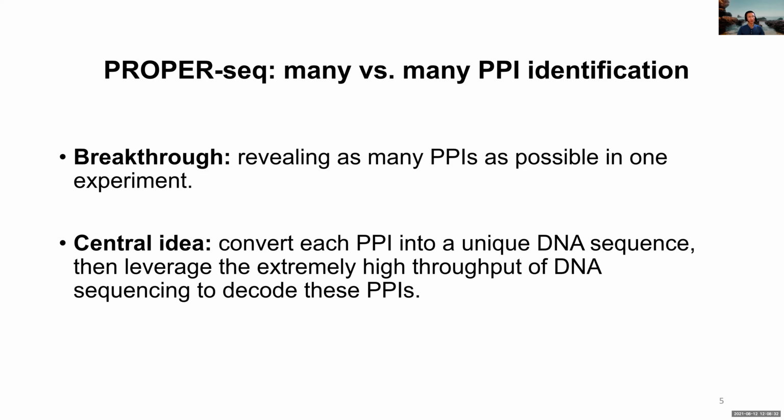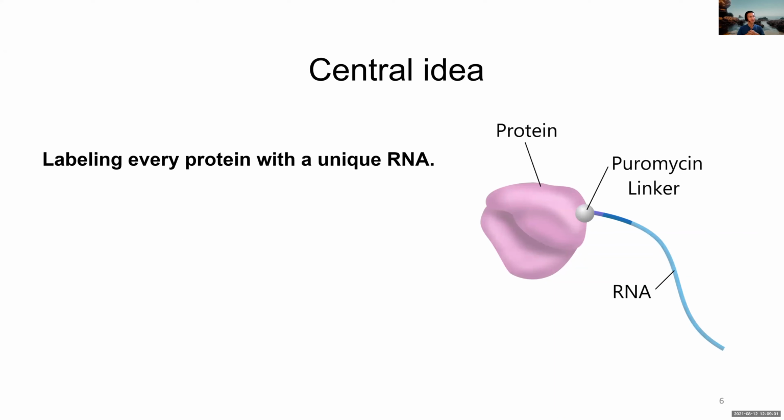The central idea is to convert every protein-protein interaction into a unique DNA sequence, and then leverage the extremely high throughput nature of DNA sequencing to reveal the DNA sequences that represent protein-protein interactions, and thus decode protein-protein interactions by DNA sequencing. And so if I were to elaborate this idea,